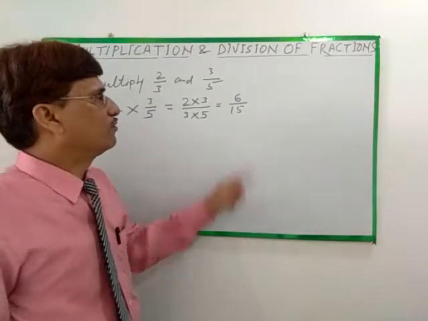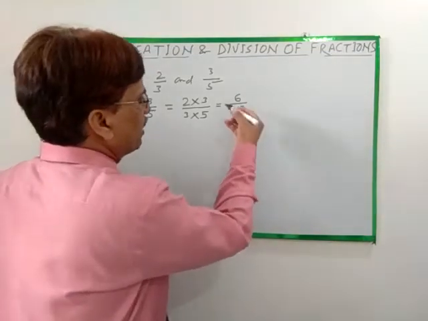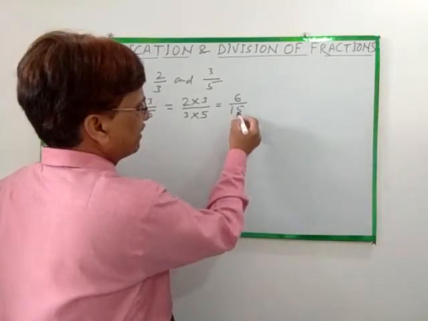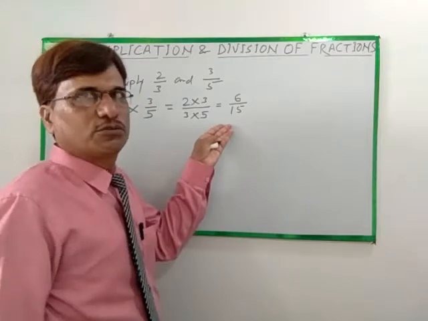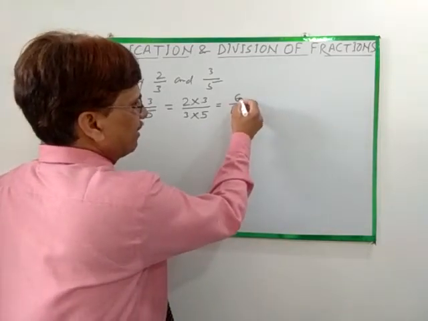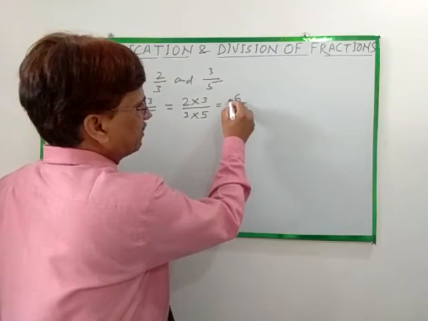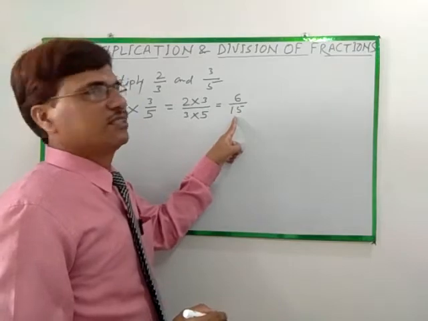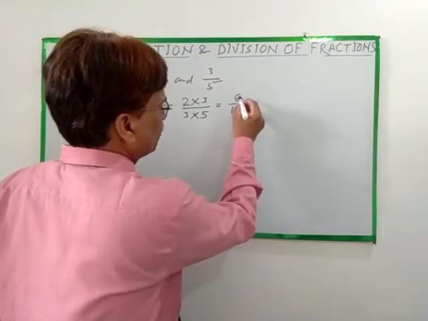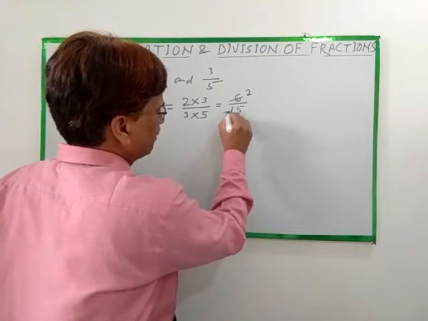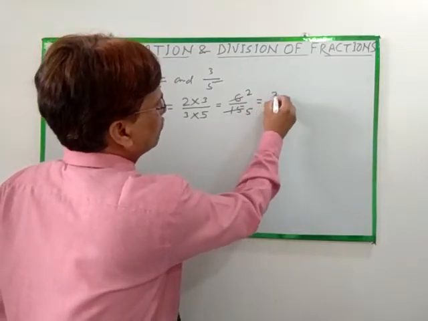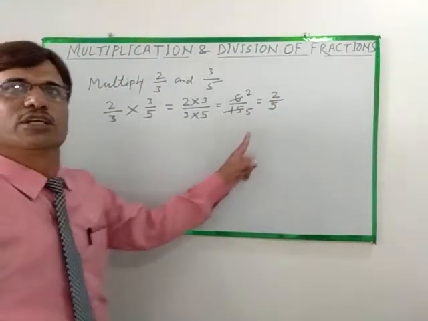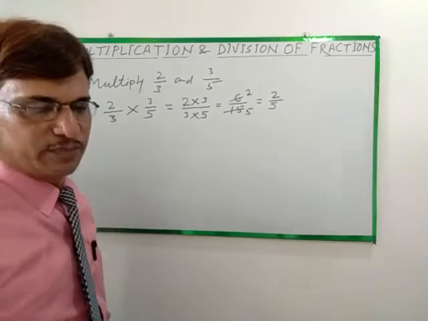Now we have to write in lowest terms. So 6 and 15, we can cancel out. Common factor of 6 and 15 is 3. So 3 times 2 is 6 and 3 times 5 is 15, giving 2 upon 5. Okay. Now next example,